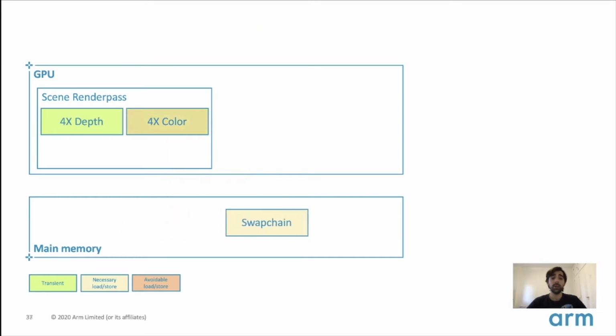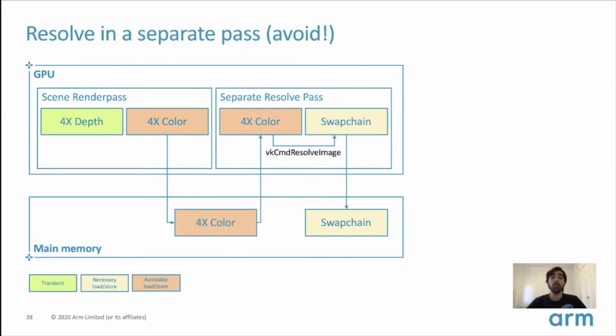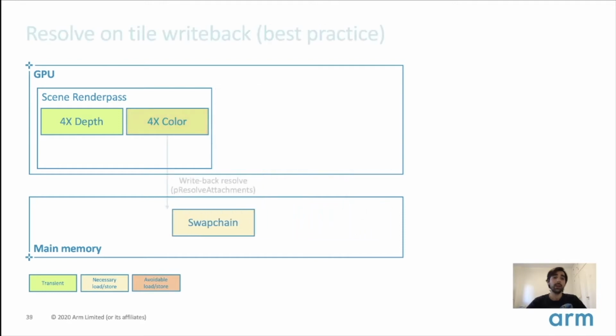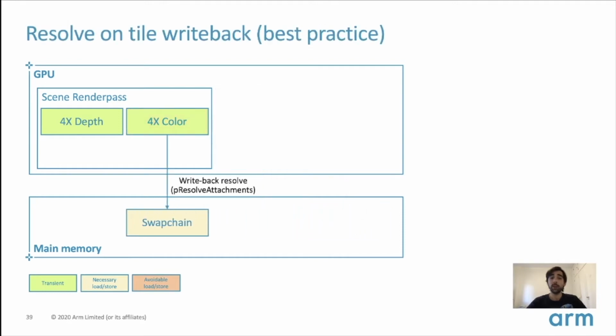If in contrast we are using vkCmdResolveImage, what we are implicitly specifying is that the GPU should save all the samples for every pixel, so the 4 times the size multi-sample attachment, to main memory, and then read it back to the GPU in order to carry out the resolve operation. And as you can see, this is very wasteful and expensive. In our sample, as you can see here, the depth stays transient because it's not required. But in our sample, we also add the option to resolve the depth.